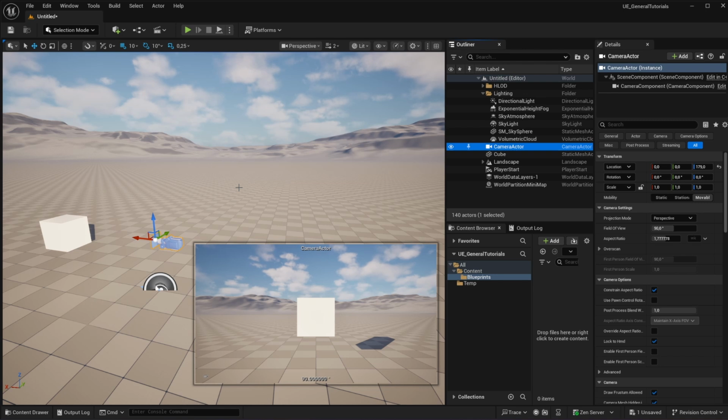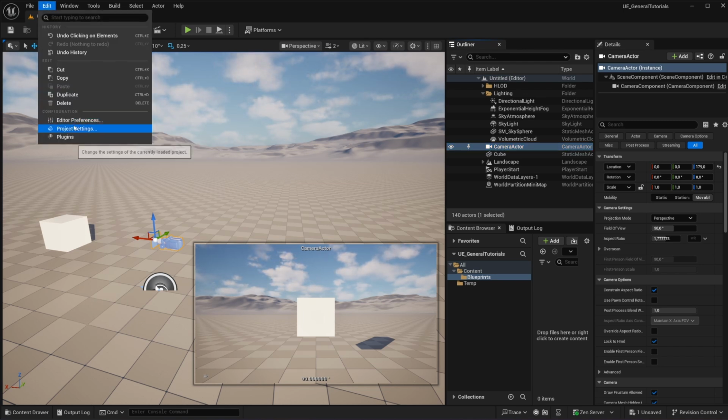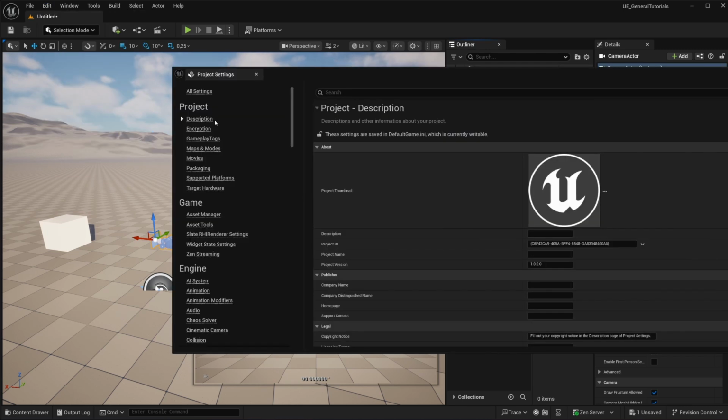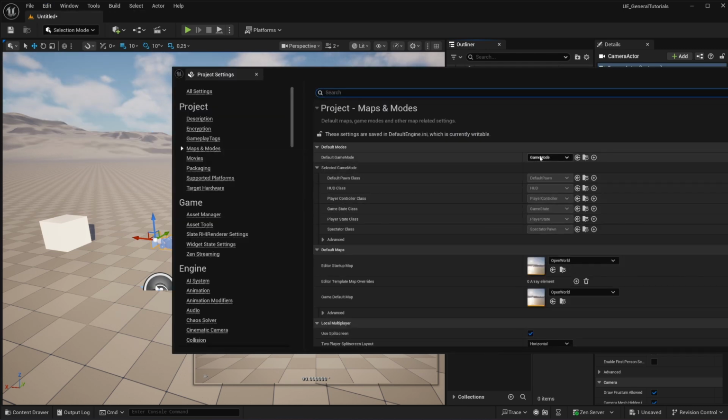And it already comes with some default pawns and stuff, so we can find it here if we go to Edit and Project Settings, Maps and Modes. This is the game mode that is selected by default. So we have a default pawn, we have a HUD class, player controller, and a lot of stuff